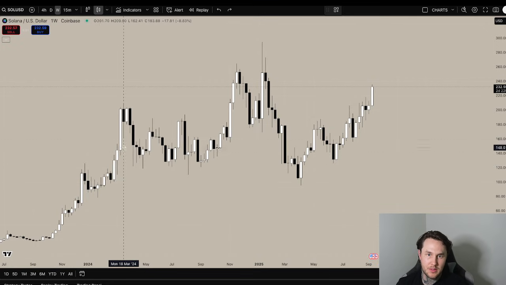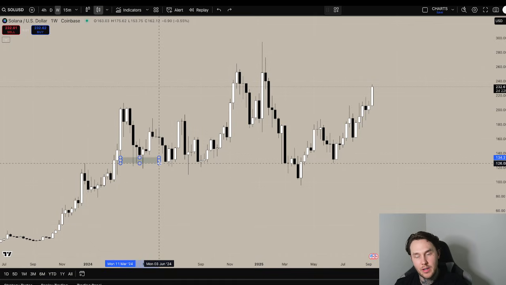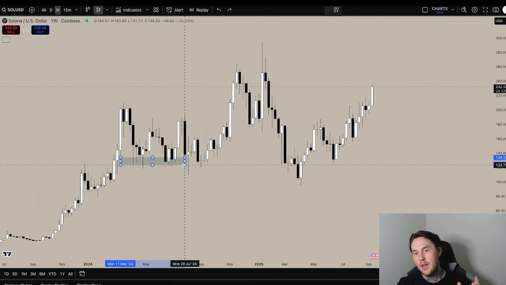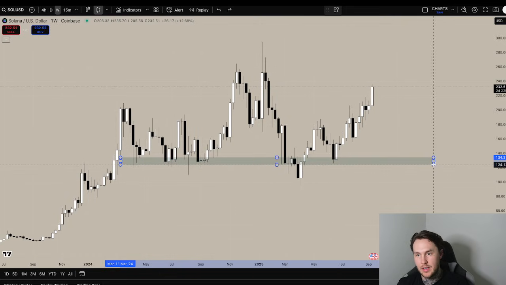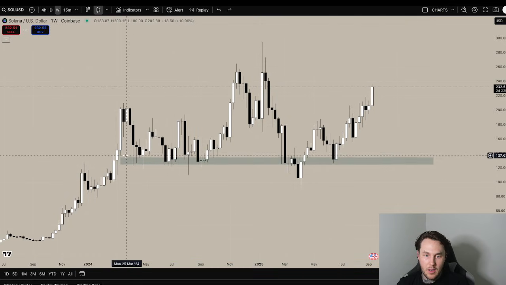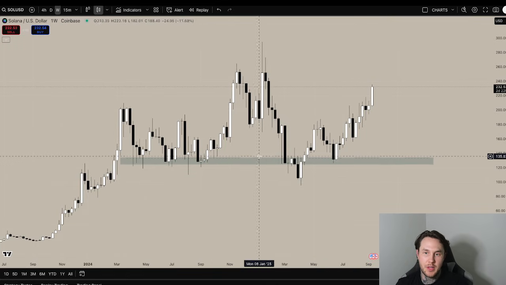What you want to do is take the rectangle tool. You don't want to use a line, you want to use rectangles. You want to use a zone. The reason being is you want to encapsulate as much price action as possible. That includes the wicks and the candle bodies. So as you can see here, from the 24th of March to the 23rd of June, this has been a very, very, very strong support level